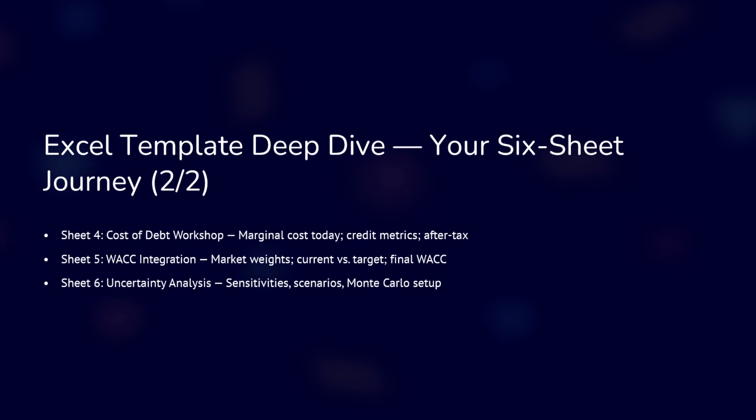In sheet 4, we could call that the cost of debt workshop. What would we pay today? We're looking at current debt structure analysis, credit rating implications, marginal cost estimation, and after-tax calculations with validation. In sheet 5, that's our WACC Integration Center. That's where we're putting it all together. Market value weight calculations, the current versus target structure analysis, the final WACC with multiple scenarios,